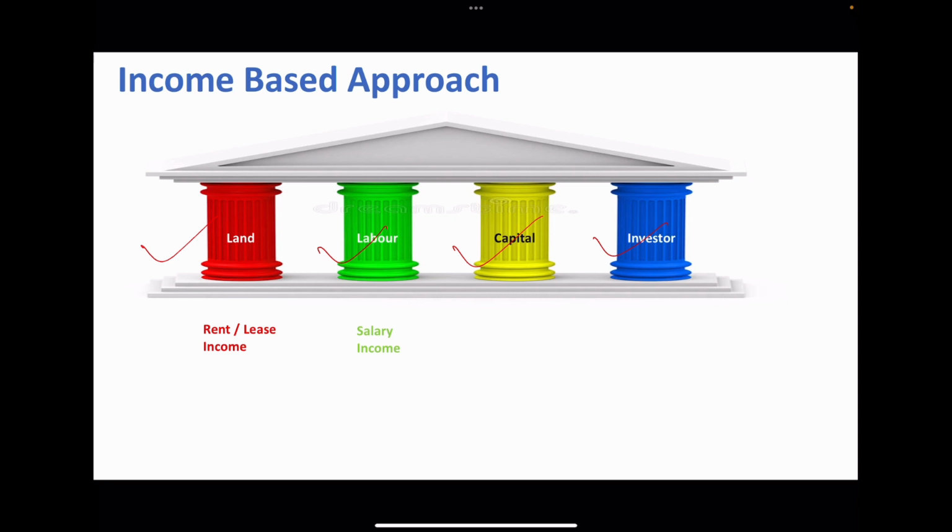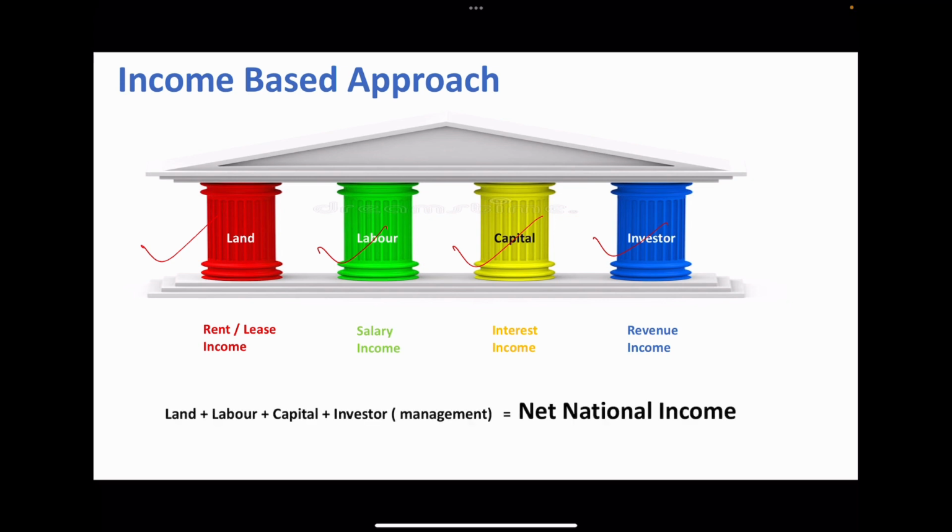income. With the capital infusion into the business, the bank earns interest, and that is the bank's income. And finally, the investor or the management earns his income by virtue of the revenue or the profits generated out of the business. So the total sum of all these elements, which is land plus labor plus capital plus management, is called